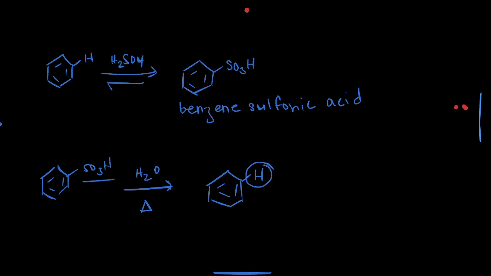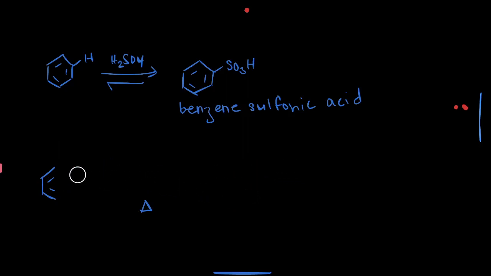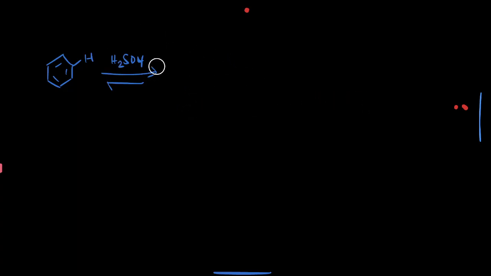So now, let's look at the actual mechanism. How is this reaction occurring? Well, in order for us to undergo this reaction, we're going to need an electrophile. So what is the electrophile in this reaction? Well, we're going to generate our electrophile using our sulfuric acid. So we can see that by reacting 2 sulfuric acid molecules with each other, we're able to generate a pretty good electrophile. So if we have 1 sulfuric acid molecule here, which we can then react with the other,